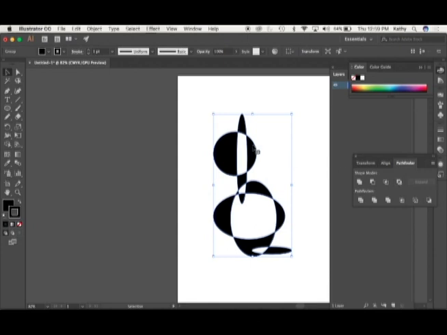And the exclude button takes away the intersection of the shapes. When you have black shapes on a white ground, this gives a feeling of interpenetration, which may be very, very useful for assignment 3. That was a very, very quick kind of a smoking tour through the Pathfinder window,